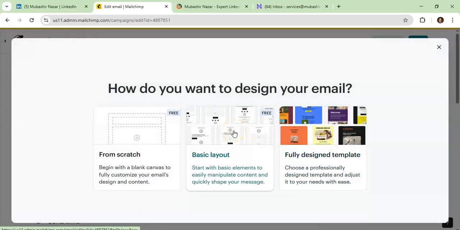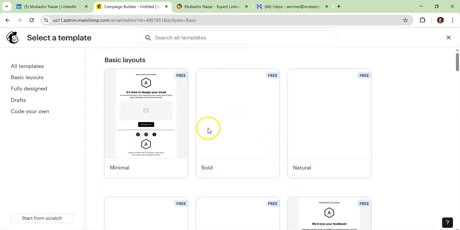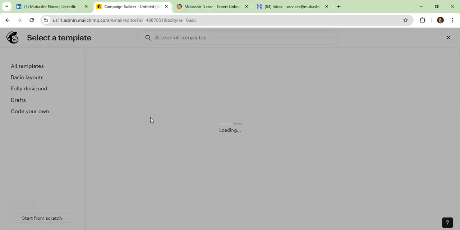For example, from here I am just clicking the basic layout, and now different layouts are available. You can choose according to your requirement. For example, I am just clicking the first one,